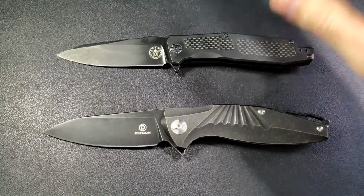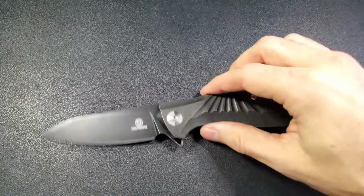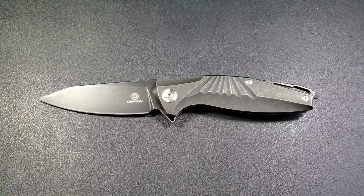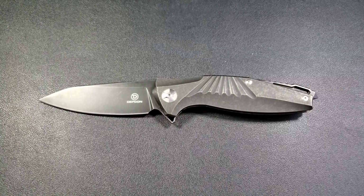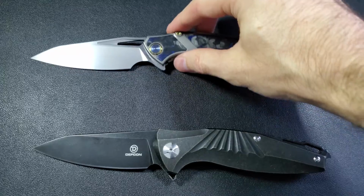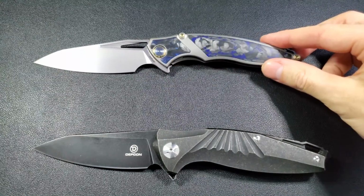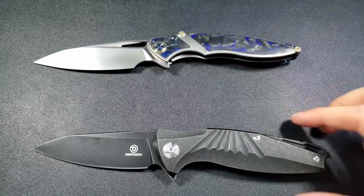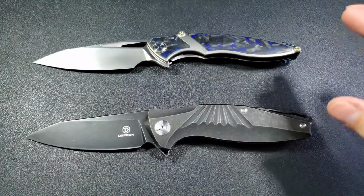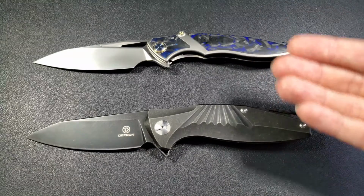So if you love the Scorpion, don't get me wrong, go get the Scorpion. It is also an amazing knife, but for value, I don't even just want to compare it to the Scorpion. Here we go. I've reviewed this knife as well, the Reate 1902 BCF in Bohler M390. This one runs about 200 bucks, and honestly, it's got fancier stuff going on. Now, don't get me wrong, there's more going on in the Reate that might justify a higher price. But from a QC perspective, in terms of performance,